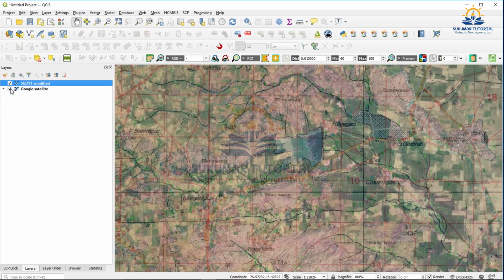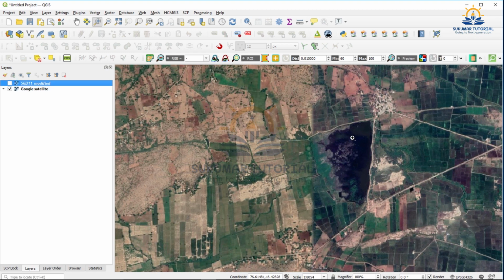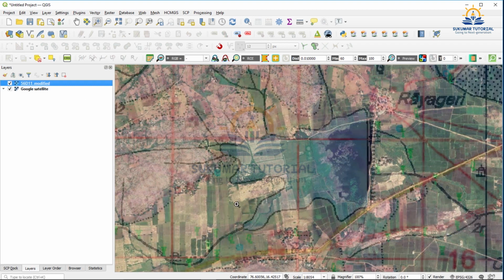Now in Google Maps, I am zooming to this area and making the topo sheet invisible. You can see the reservoir area has reduced. If I put the topo sheet over this, the water spread area is more. This is the water spread area we have digitized. Now at present it is reduced to this level.